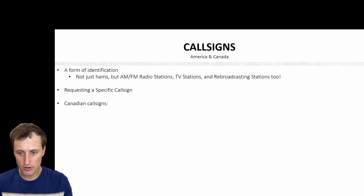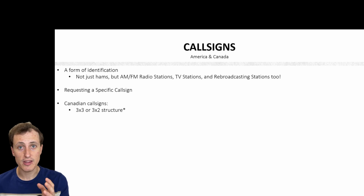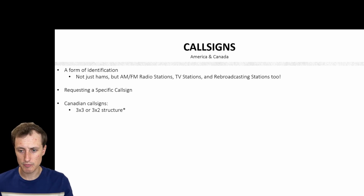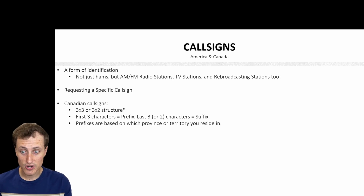So for Canadian call signs, they primarily have a 3x3 or a 3x2 structure. There's exceptions, but they're extremely rare. But what does that mean exactly, 3x3 or 3x2? Well, essentially it means the first three characters are a prefix, and the last three, or last two characters, are a suffix. In Canada, the prefixes, so the first three characters, are based on which province or territory you reside